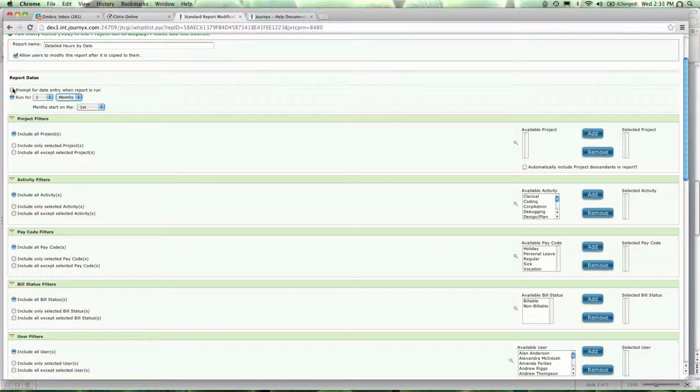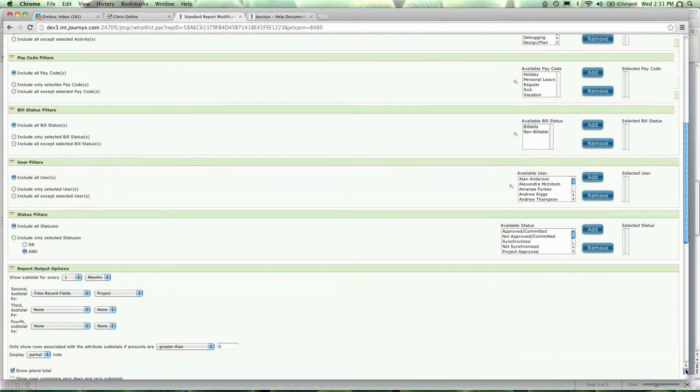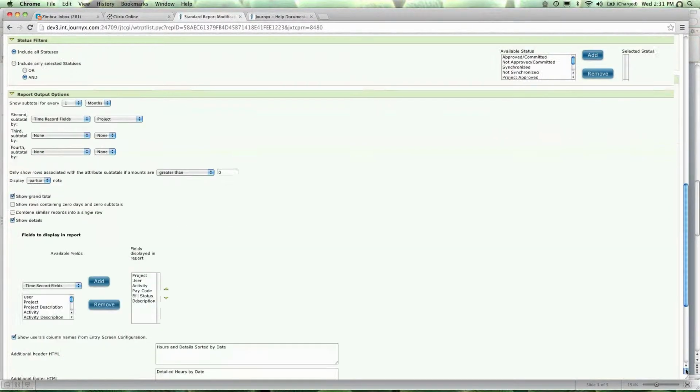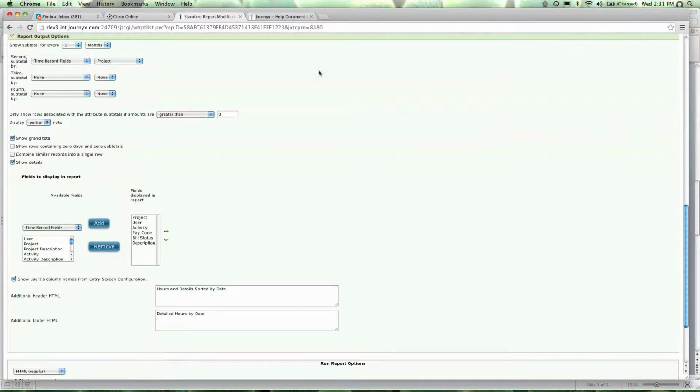And as you go down the list, you can see there are various filters for filtering in or out different projects, activities, users, and so on. As you continue down the list here, you'll note that under Report Output Options, you have the capability of subtotaling by various fields of information. As you can see, I've selected one called Time Record Fields Project. If you click the drop-down list that says Time Record Fields,